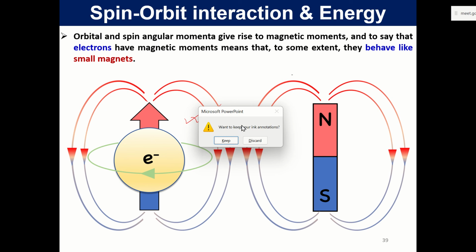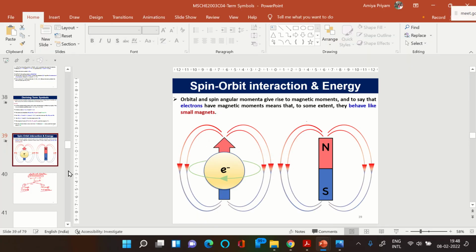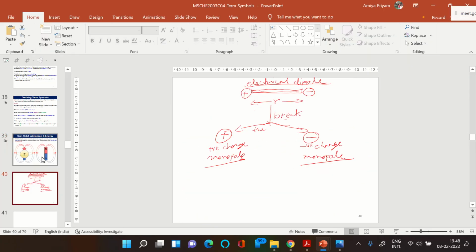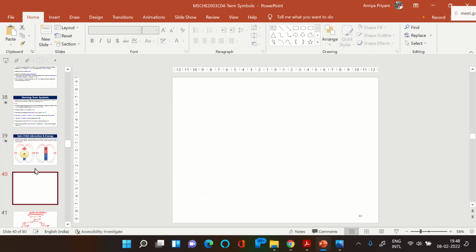So this kind of imagination should be there. And suppose I think I have discussed some points. So in a similar way, imagine a proton also has a spin. Proton has spin, so the direction of magnet, if it is in the same fashion,